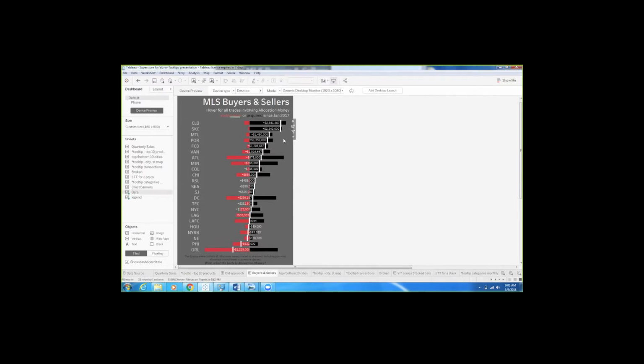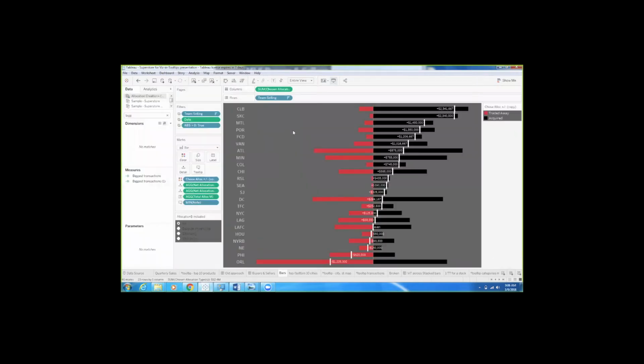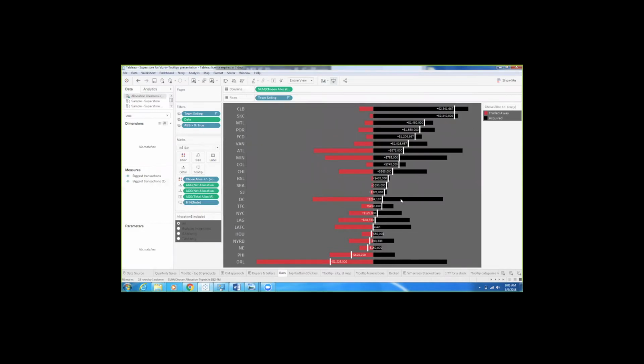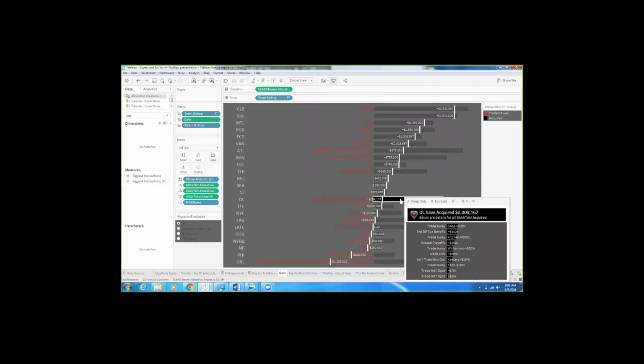Oh, one other thing I absolutely want to point out, and this goes beyond VizinTooltips, this is for all tooltips, period. When we're in this menu, don't overlook these check marks down in the bottom corner. Obviously, show tooltips is going to be there because that's what you're after. But include command buttons. If that is checked, and it is checked by default, then whenever you or your audience clicks on a data point, you're going to get options for keep only or exclude or view data. Unless they have an absolute need for those options, I highly recommend that you uncheck that